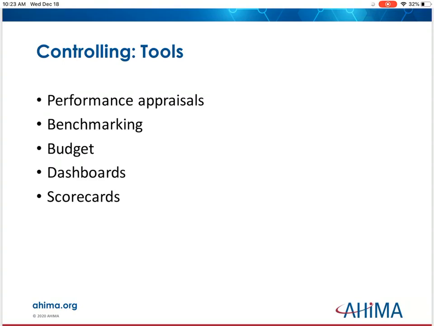Now, another controlling method is budget. We talked about a budget earlier. So budgeting becomes a control tool after it's completed. Now, the annual budget is approved prior to the start of the fiscal year, which sometimes runs January to December, maybe July to June. I know at North Mississippi Medical Center it runs October to September. But a monthly review of each budget category will allow that HIM manager to see whether they're spending too much money or have budgeted too much money for any one item.